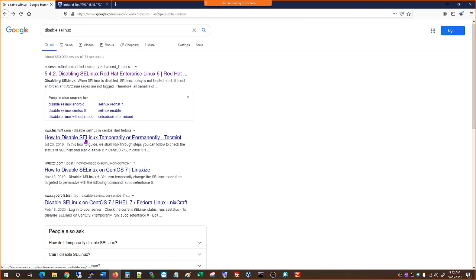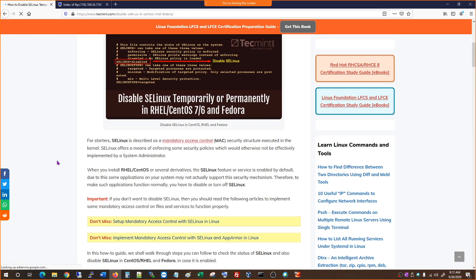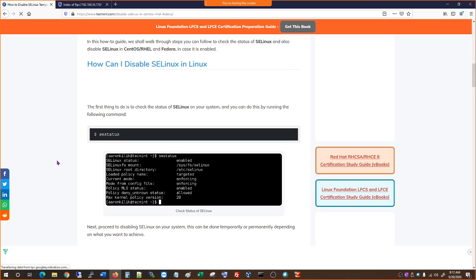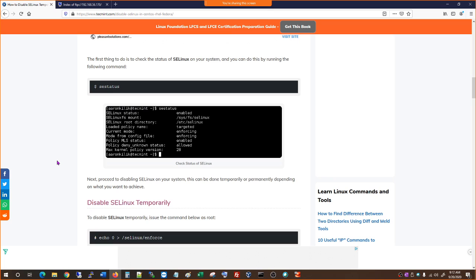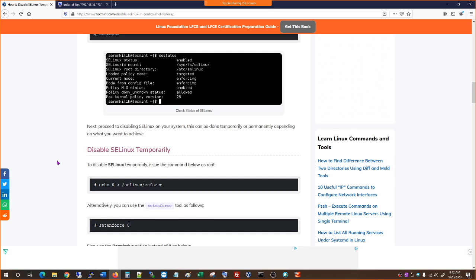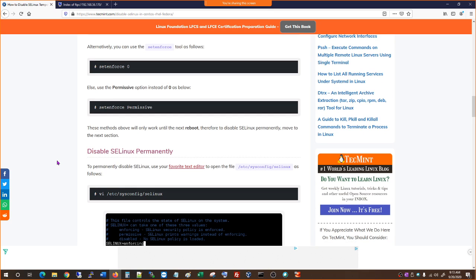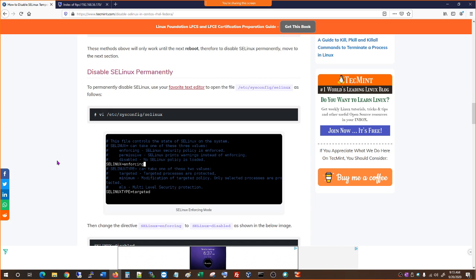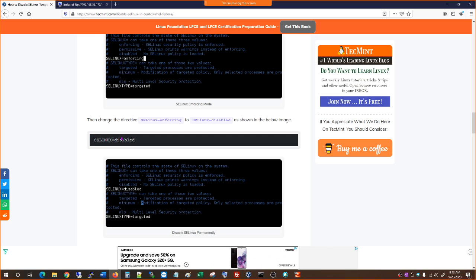We go to this site here. Okay, so I guess you have to just go in there and disable it. SELINUX equal to